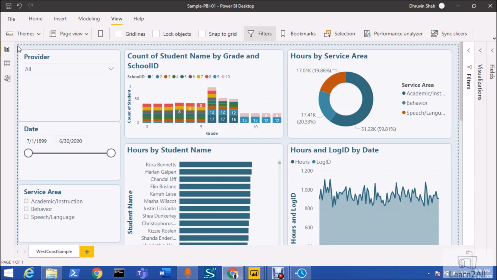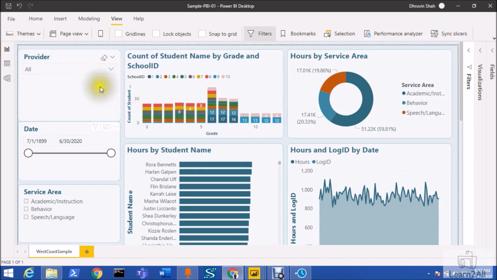So this is my Power BI report, and as you know, when we are designing, there is a need to select multiple visuals or select across the visuals at the same time. At that time this rectangular lasso helps a lot and makes our work much easier. So now let's get started.